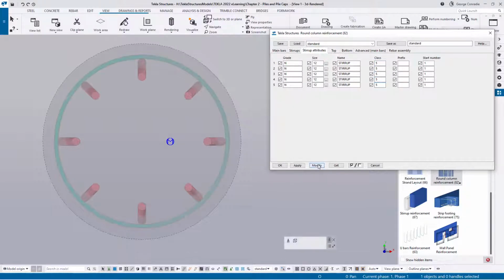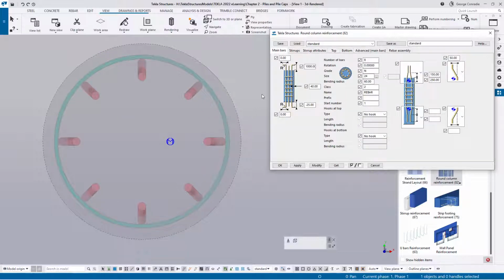Then if I say modify, you can see how we now upgraded the stirrup and changed the color for it. Okay, so now that we've got that, we can start looking at the cover. The first cover I want to address is the cover on the ligature itself, or the stirrup, and currently